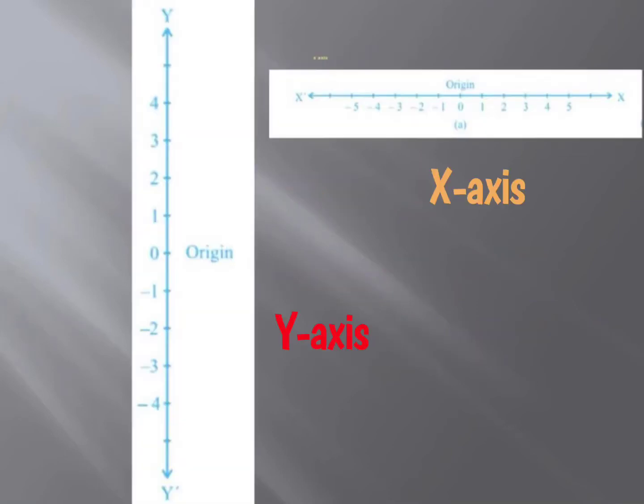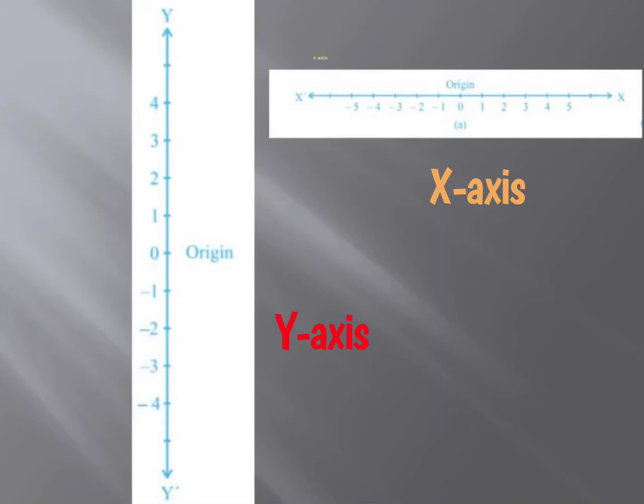Now students, let us start with the basics. You have studied in lower classes about the number line. For what was that number line used? It was used to represent any point, right? You were asked to represent a point on a number line, or with the help of a number line, addition or subtraction of numbers can also be done, right? You know all this. Now here you can see that two number lines are there.